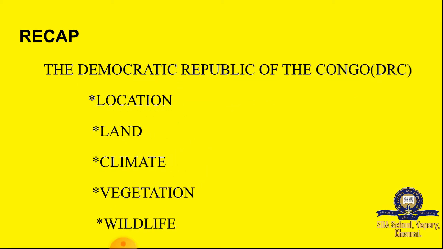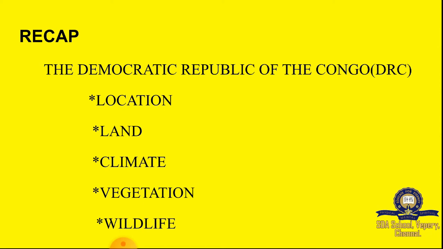The Democratic Republic of Congo is the second largest country in Africa. It has an area of about 23.5 lakh square kilometers. The equator passes through the northern part of the country. We saw an image of the Democratic Republic of Congo. Then we learnt about its location. The country is located in Central Africa. It is surrounded by 9 countries and we saw the image.